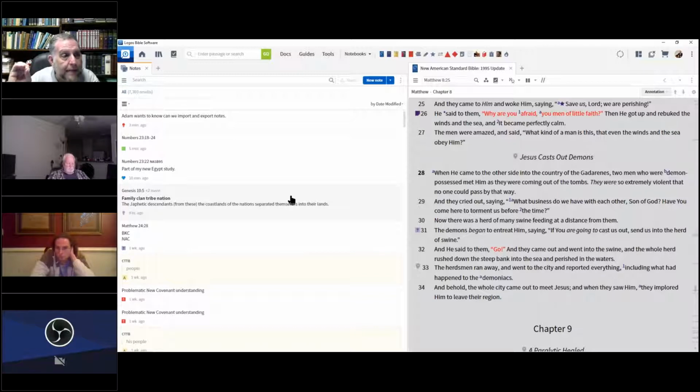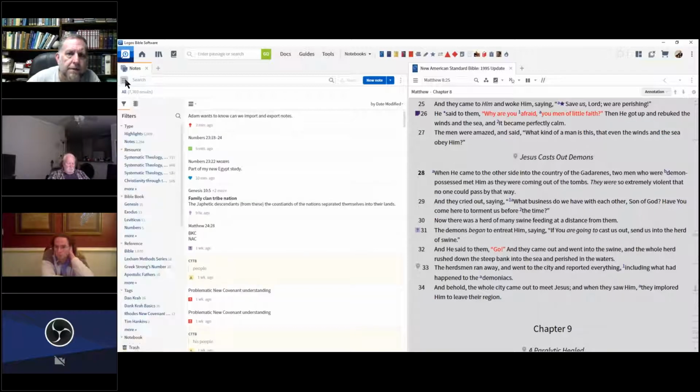But even though I'm deleting them, Logos maintains the recycle bin. And if you want to undelete something that you deleted 10 years ago, chances are you can still find it and undelete it in the Logos recycle bin. But be that as it may, some particular helpful notebooks, for example,